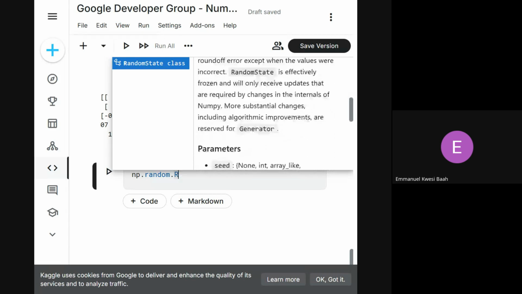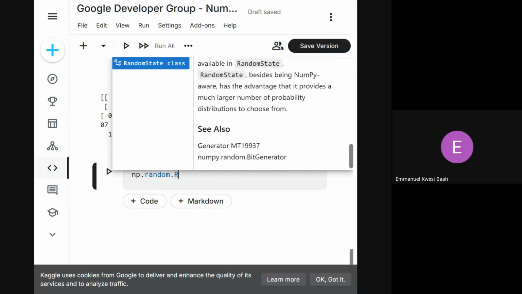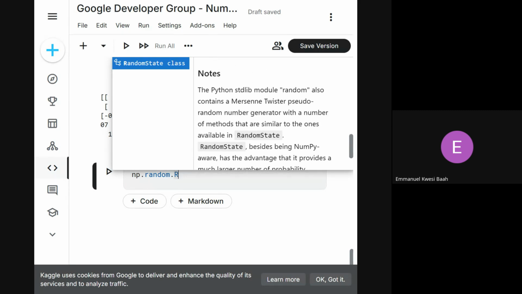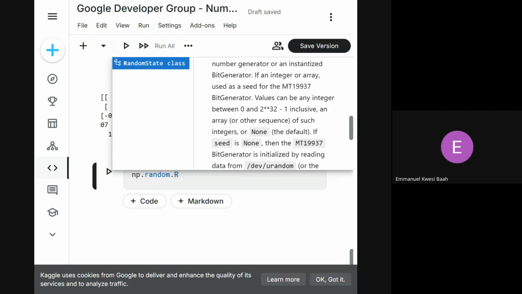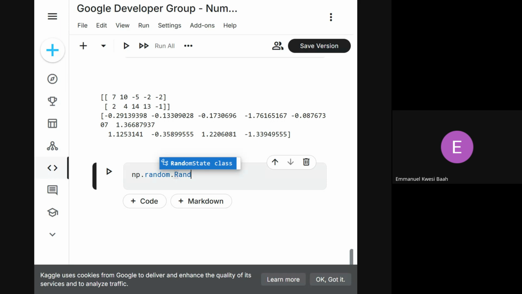Okay, yeah. So why am I doing this? This is to help you in case you want to understand what a particular class or function is doing. You can actually read this one to get more insights in regards to this. So let's say I want to get integers that are generated randomly, right? I can do that. I can do that also here. So I have random, and then I see this to